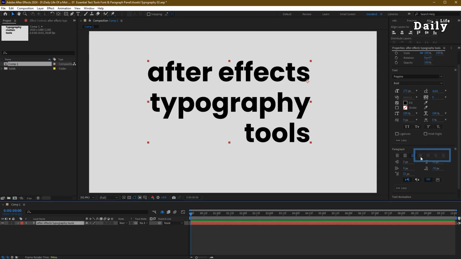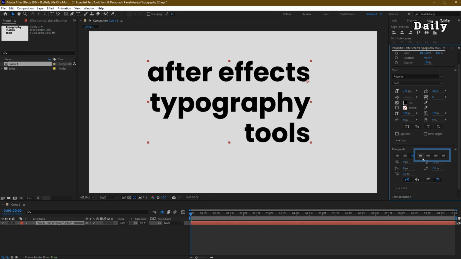Justify options. When you write a text, normally it is a point text. When you make a border for your text, it is called box text. To achieve the justify parameter, you need to activate box text here, and the paragraph will align within the box border. Justify distributes text evenly between both sides of the text box.